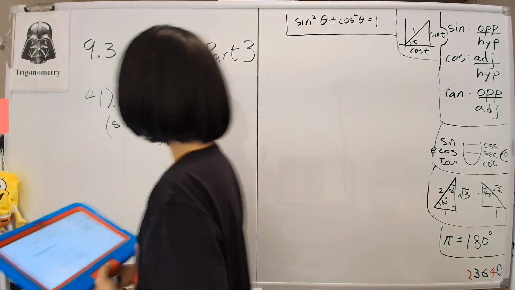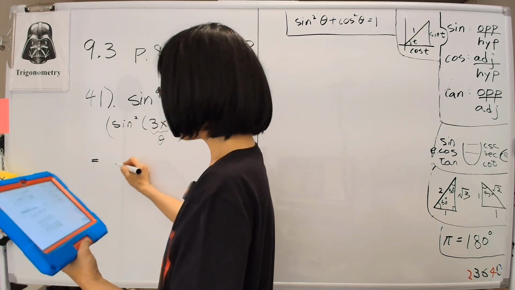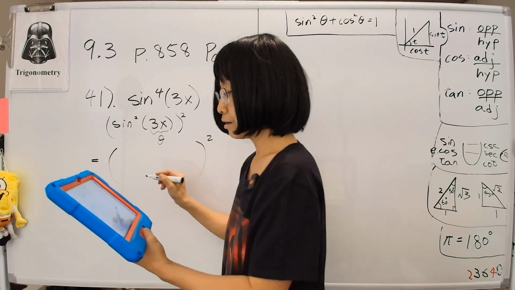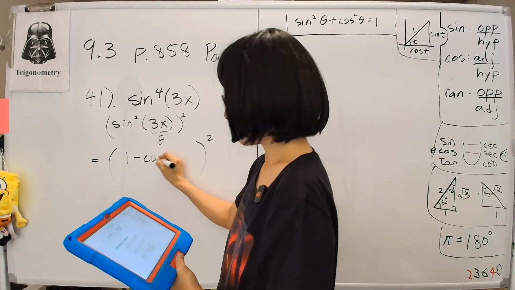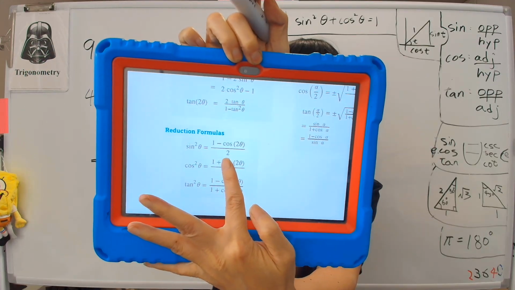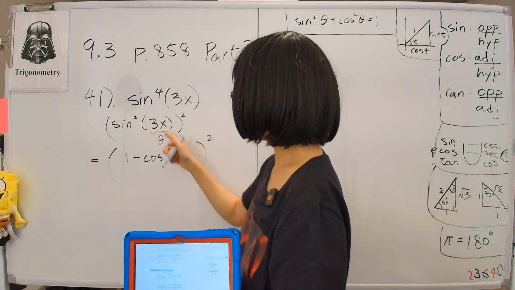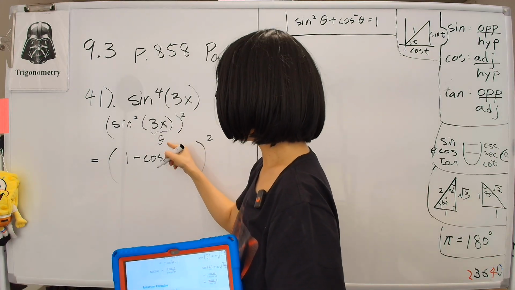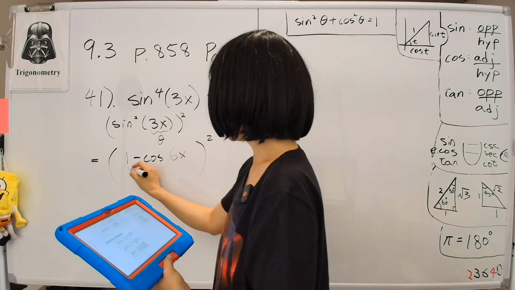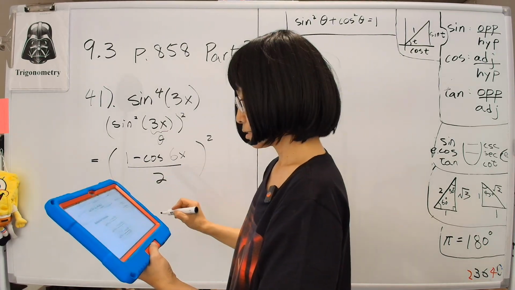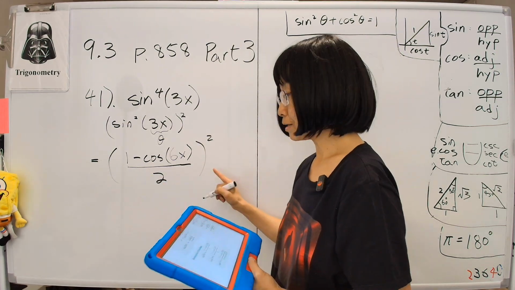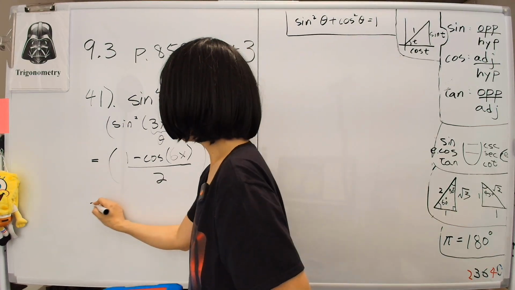So this is equal to, following the reduction formula, which is, I'll write down these parentheses, 1 minus cosine of 2 theta. I'm following the sine squared one: 1 minus cosine of 2 theta. Theta is 3x, so cosine of 2 theta will be 6x. So I'll write that down: cosine of 6x, and then divided by 2. I'll put these in parentheses. And then we need to multiply this thing out. That would be equal to,